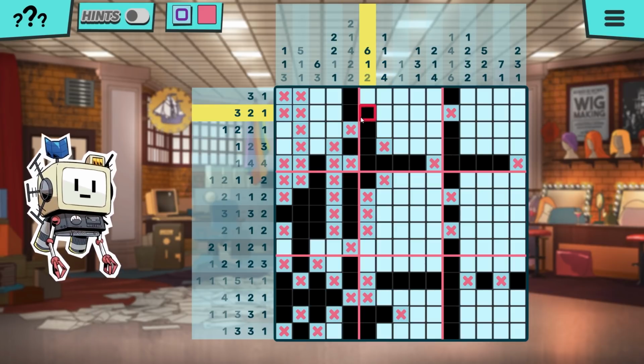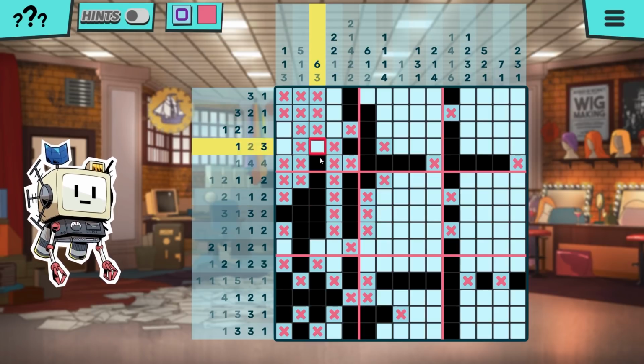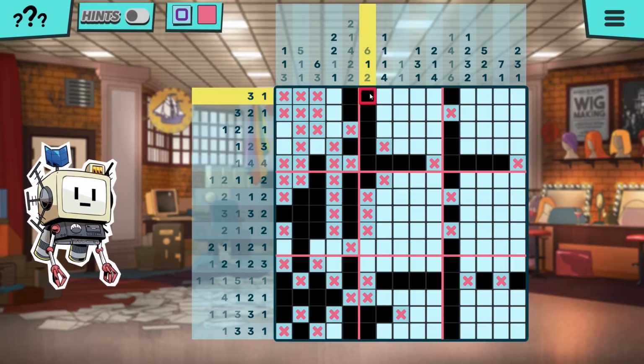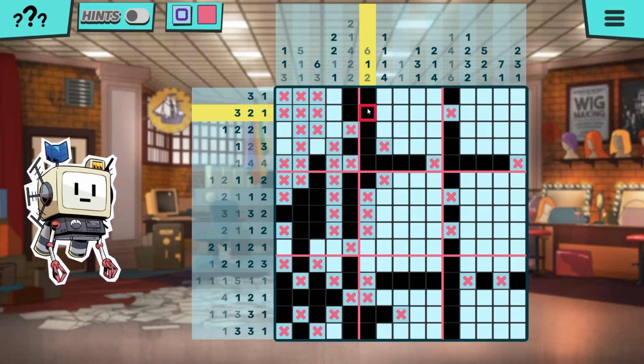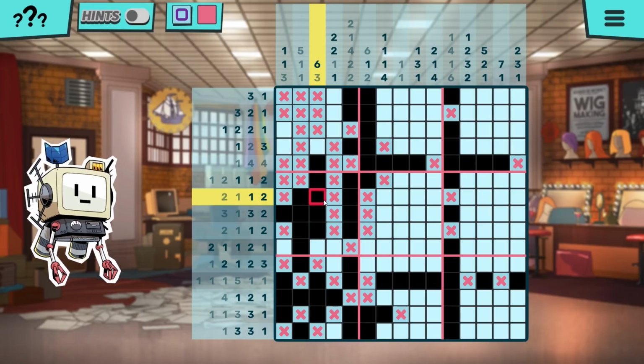Let's see. Oh, the 6 can extend, right? This one? Up. One more spot. No. This one. No. The one to the right. The one to the right's a given one. You're right. What did you X off, though? This one here? Well, this is a 6, but it can only extend up or down 1 point, so...